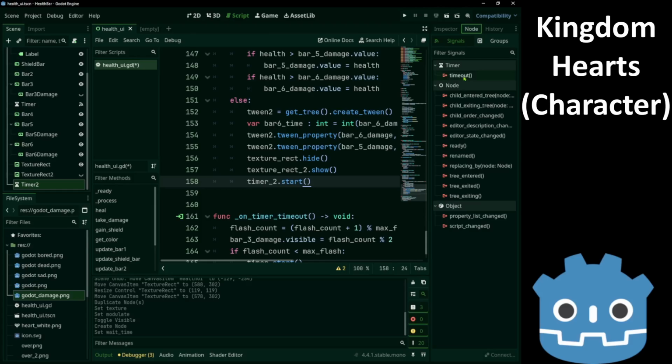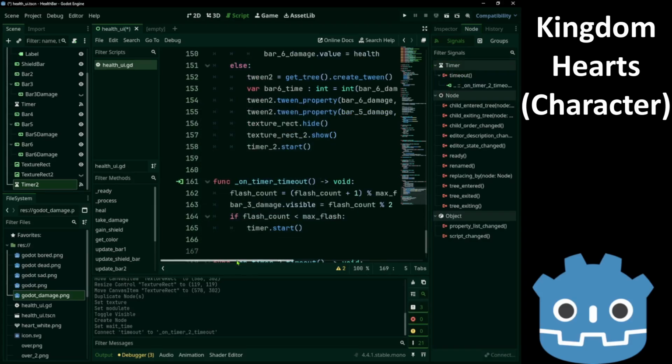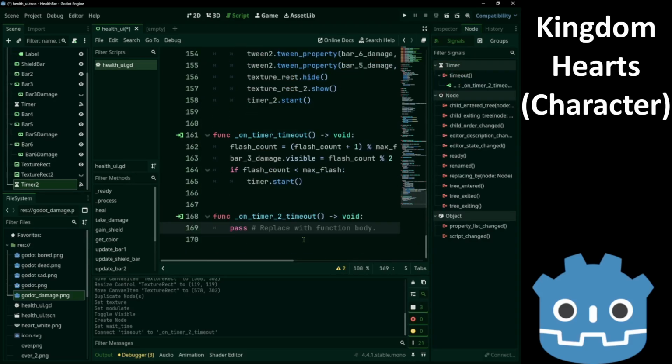Now we're gonna connect the timeout signal. Which will do the opposite of this. It will show the texture rect and hide the texture rect2, which is the damaged one.